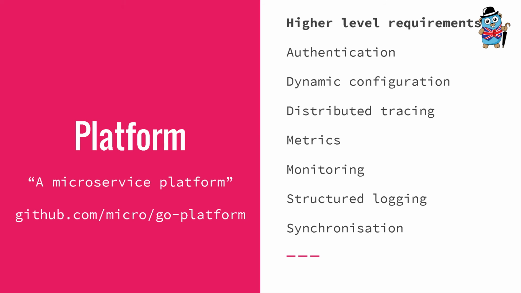I'm also working on something I call the Go platform. I talked about the building blocks that the toolkit gives you, but when you're building software for production, when you're building stuff at scale, there are all these higher level requirements that you have to address. Authentication is probably the first one that you think of. But also, when you have 50, 60, 100, 500 services, it's very difficult to make sense of this, so distributed tracing and whatnot. And it follows the same pattern as the toolkit, where it's just interfaces that can be implemented, and then they can be used with the toolkit itself.